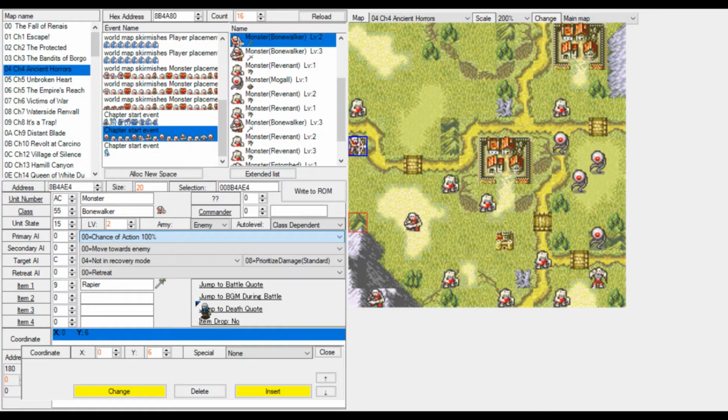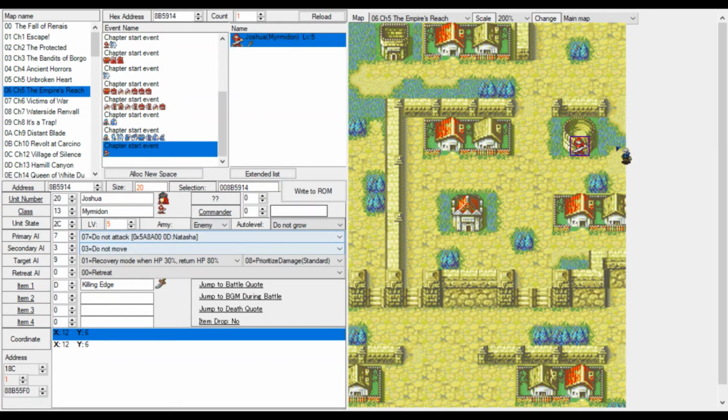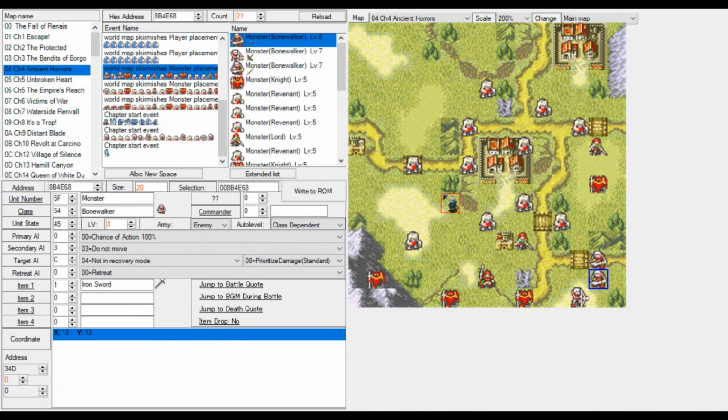For example, Natasha over here, 0D. Natasha has, or wait, I could actually look that up real quick. This is only used by one character in the game, and that is Joshua. Joshua will not attack Natasha, only other characters. You could set that, and there's even an option in FE Builder to make your own custom AI. So if you want to make a character not targeted, because, oh well, it is a soldier that has earned respect of the enemy army, and so no one attacks him, you could set that on a character.